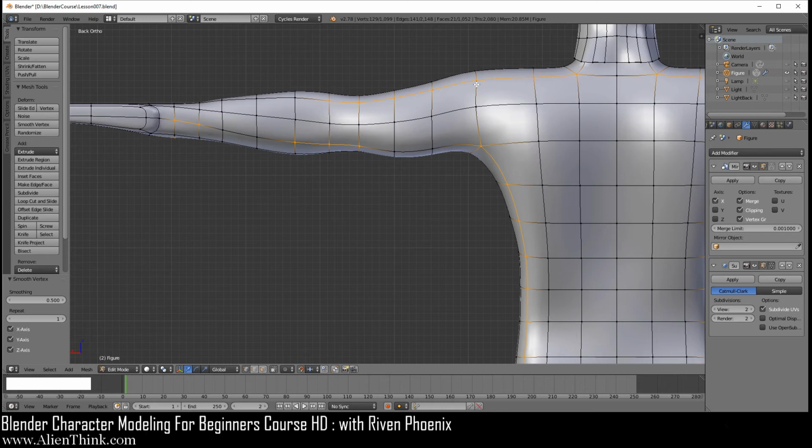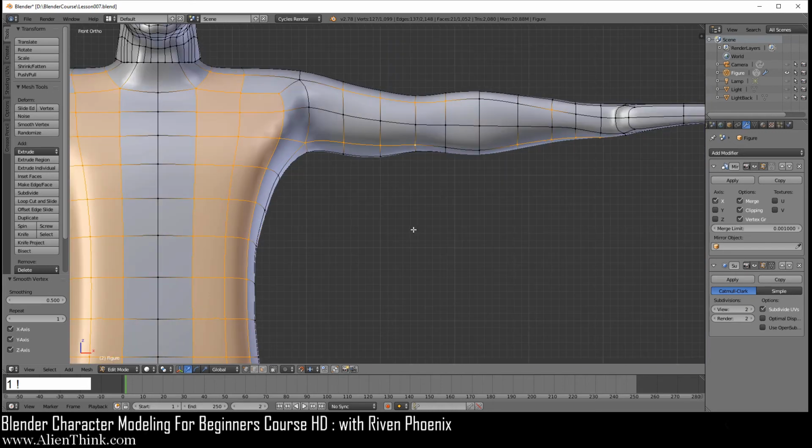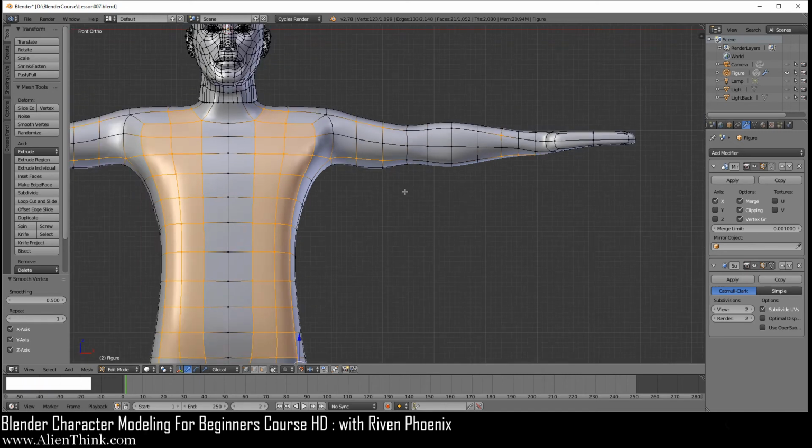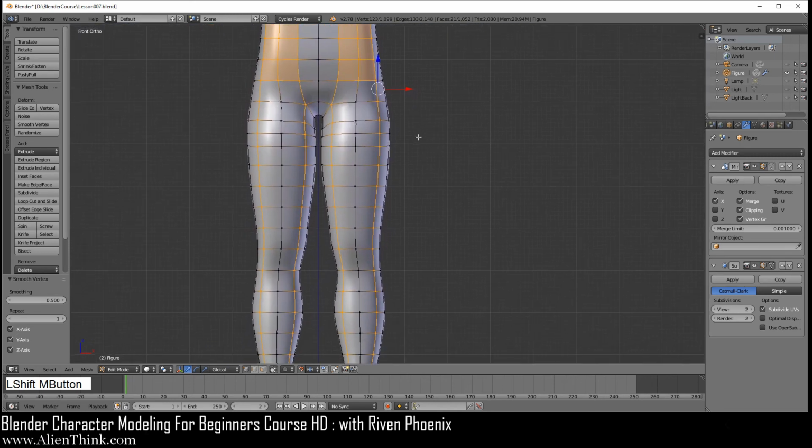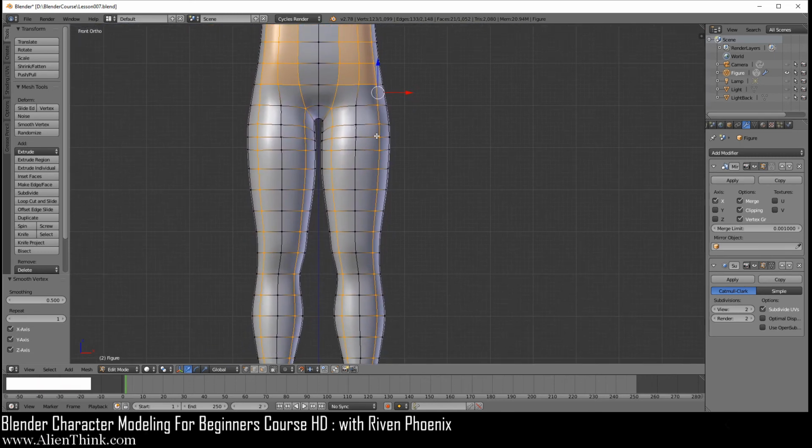Now I'm going to do Shift and deselect this one and this one, and go into the front view over here. You're going to deselect this, and this one over here. Now I'm going to zoom out and come over here. I'm going to press C and just use the scroll wheel, and you're basically going to deselect all these guys over here like so, all the way over here.